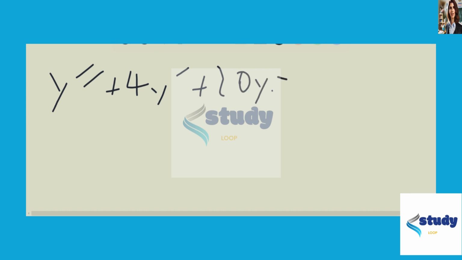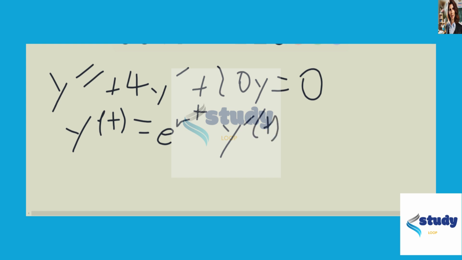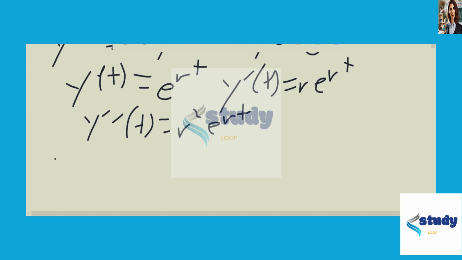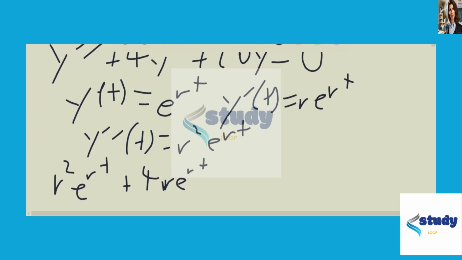To generate the characteristic equation, as normal, we set y of t equal to e to the rt, where r is some arbitrary number. Then y prime of t by the chain rule is r e to the rt. Y double prime of t by the chain rule again is r squared e to the rt. So then plugging all three of these in, we get y double prime, which is r squared e to the rt, plus 4y prime, which is r e to the rt, plus 20y, which is e to the rt,